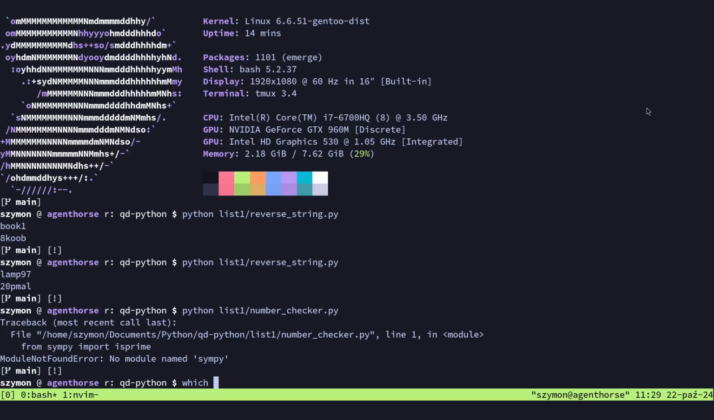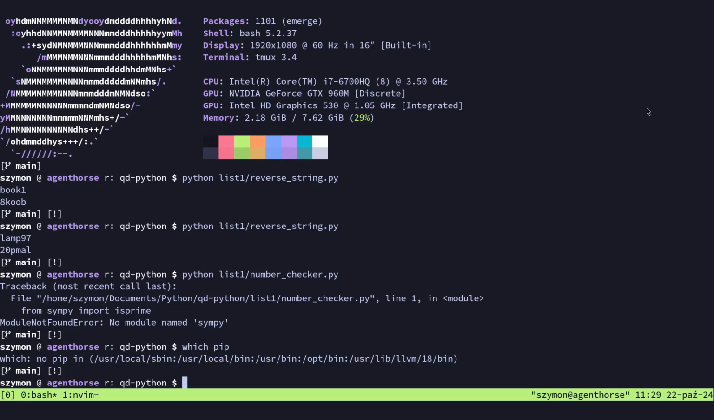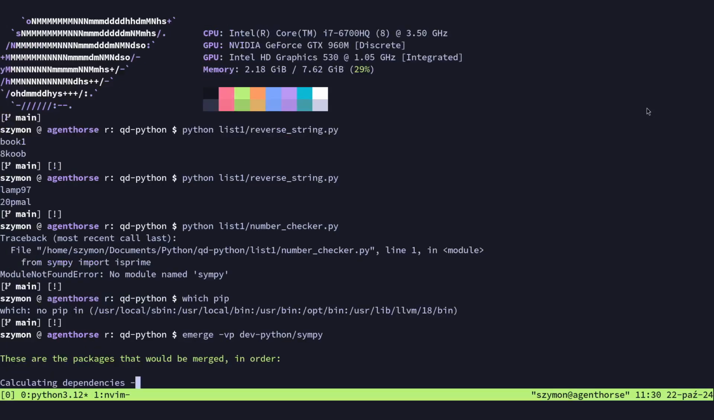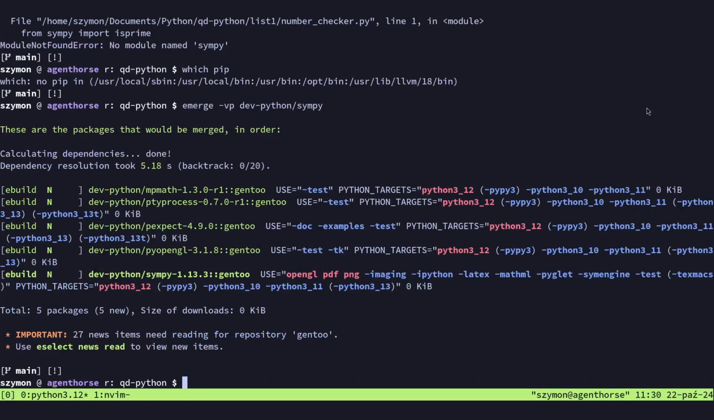But I do not have pip installed. No pip on my system, because on Gentoo you use emerge. So if I emerge dev python sympy, as you can see, it exists and it also pulls all the dependencies needed, but I don't need SymPy